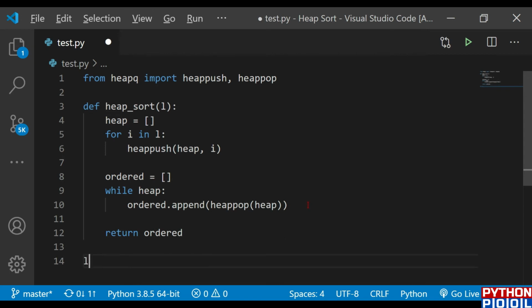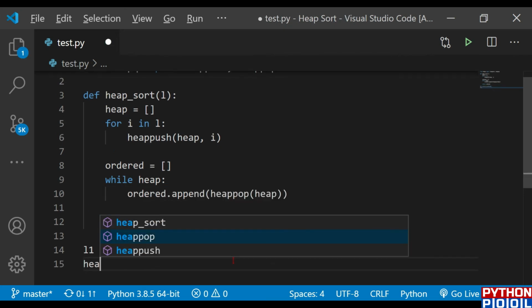Now as usual, I need to define my list. My list is fixed as I'm going to implement it. You are free to try your own. My list is 2 3 7 1 8 5 6. After that I need to call this heap sort function.